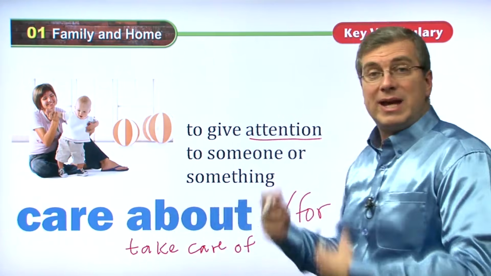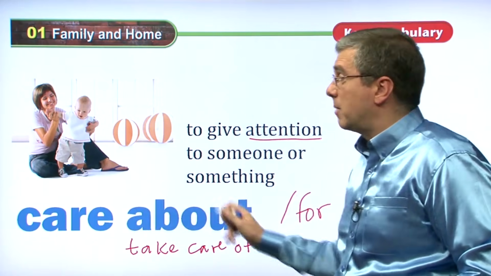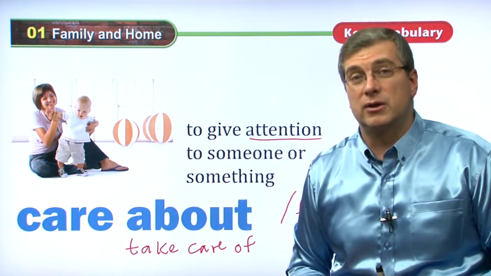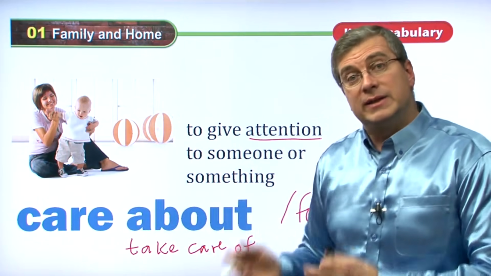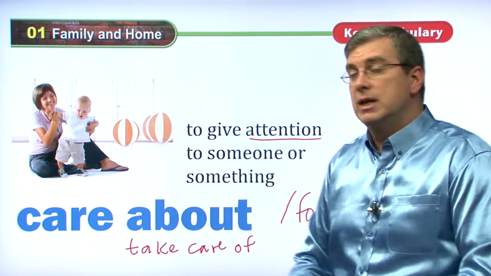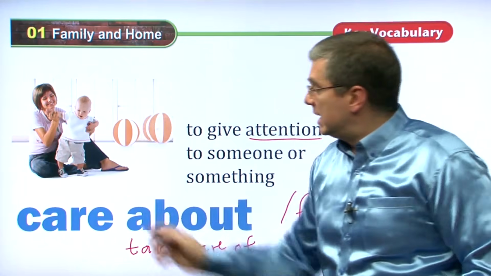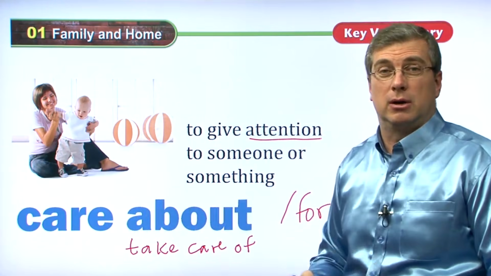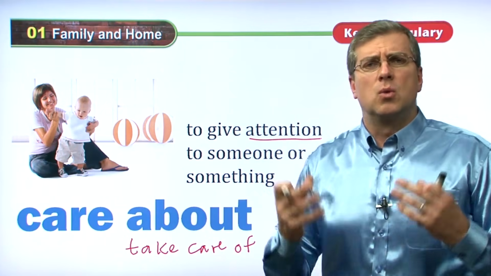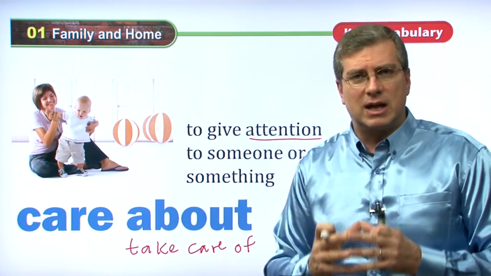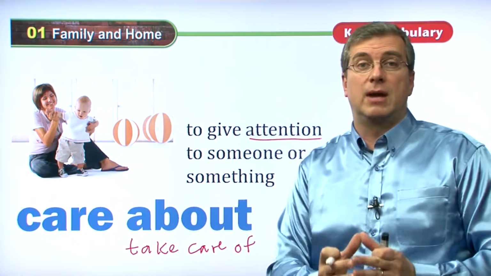And of course, we care about each other. It's not just the mother's role to care about the kids. It's also the father's role. It's also the older brother or sister's role to take care of the younger kids. So a very important role for all family members is to care about each other. We care for each other. We take care of each other. That's really what family does, and that's a very important part of the family. You always take care of your family.